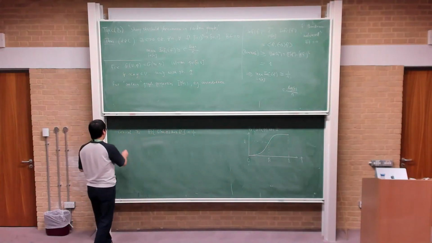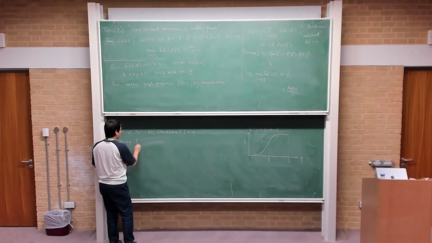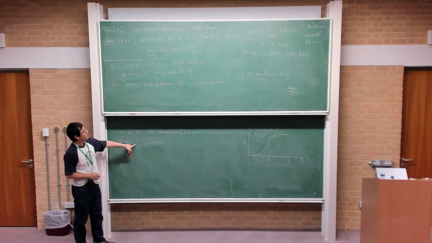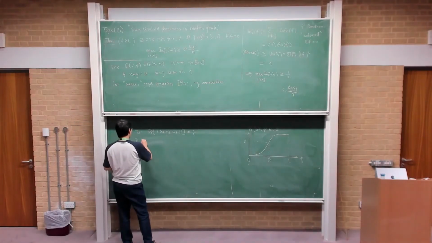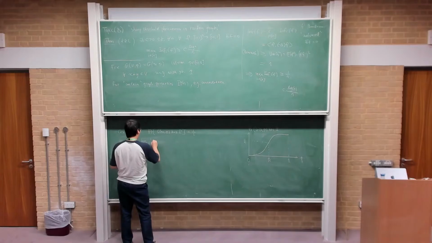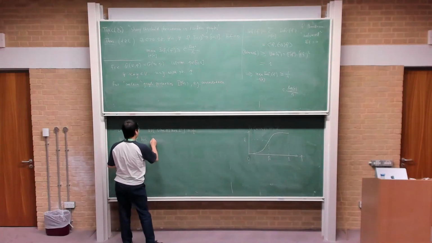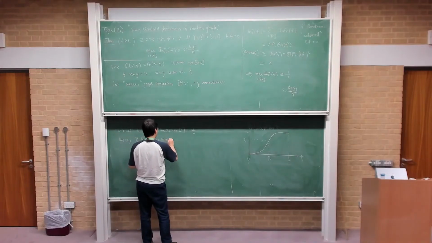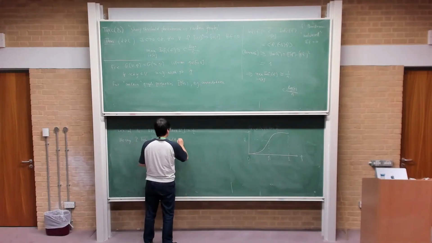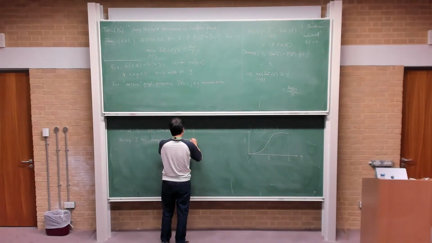So we say that this property P, you can think of this P as connectedness again, we say that P has the sharp threshold phenomenon if